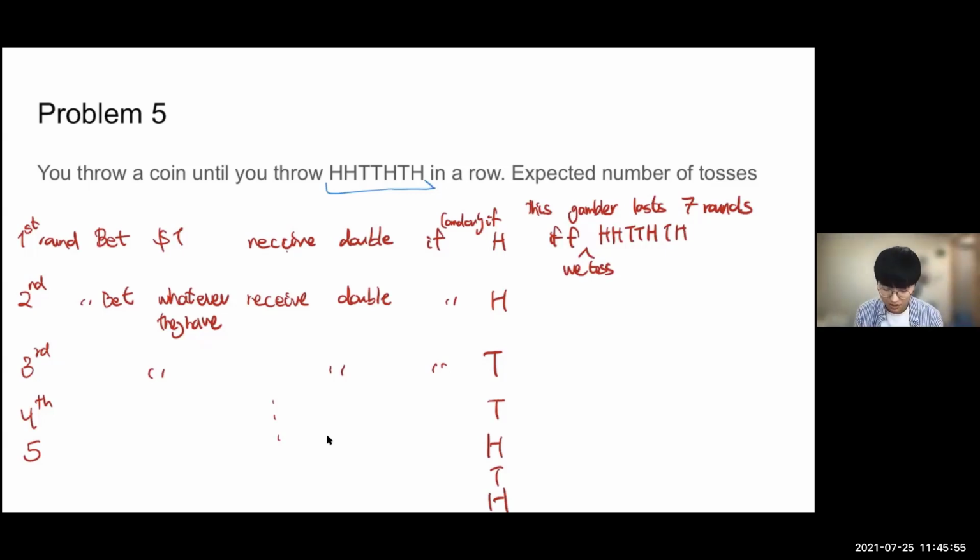Well, I will use this to calculate the expected number of tosses. Here in this problem, it's a bit different from what I've just explained, because you throw a coin indefinitely until you throw this in a row. So let's say maybe you've thrown T, T, T, H, T, H, T, and so on. But now the idea is